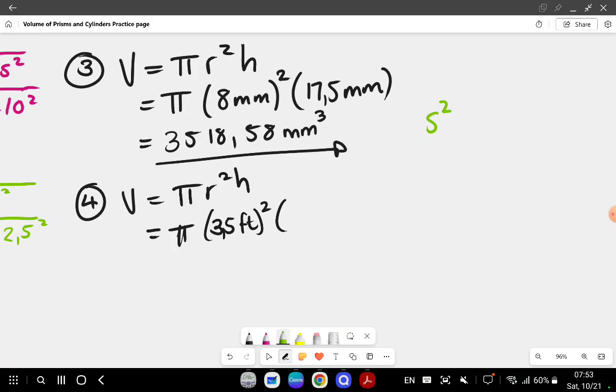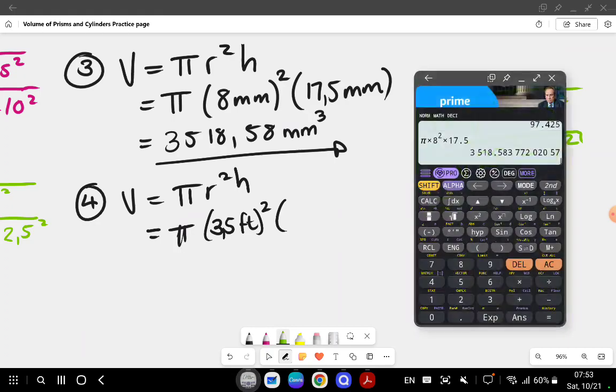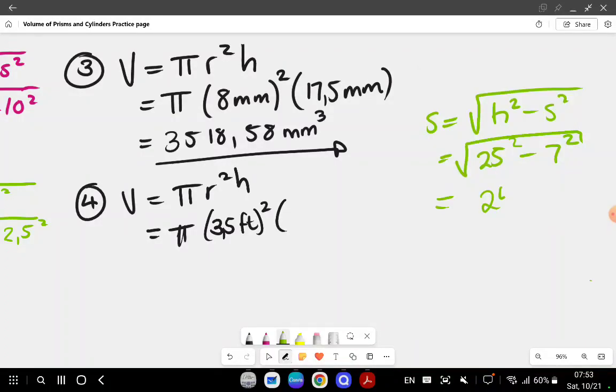Side is equal to the square root of hypotenuse squared minus side squared, which is equal to, my hypotenuse is 25 squared minus 7 squared, and that's going to give me the square root of 25 squared minus 7 squared, 24. Okay, so that's 24 feet,